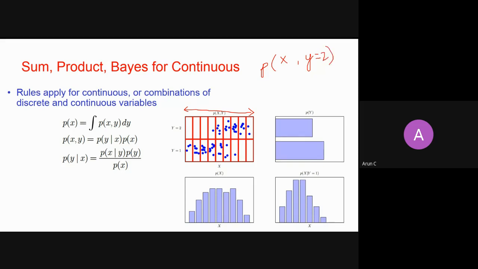So if you ask me what is the probability you see y equals 2, ignoring what x contains, then you need to sum all this row here, right? All these probabilities, you sum them up and you get this probability. So it is the probability of seeing y equals 1. Similarly, this is the probability of seeing y equals 2. So this is marginalization. You are marginalizing over x. You are not caring about x and you are summing all the probabilities of y.